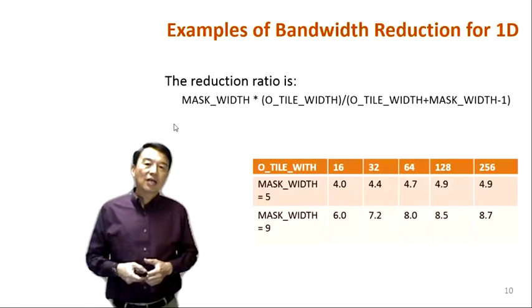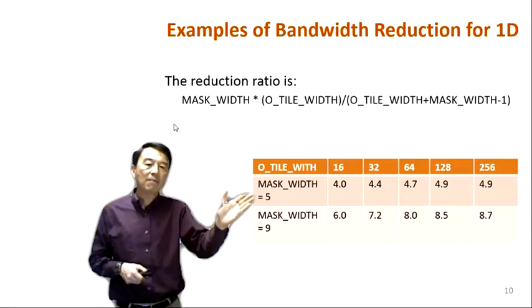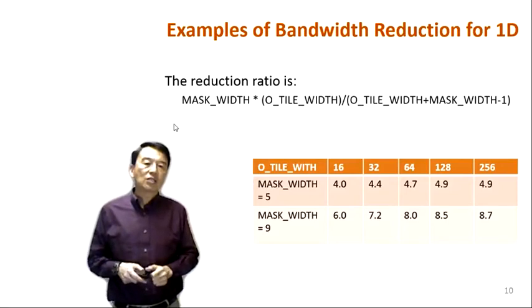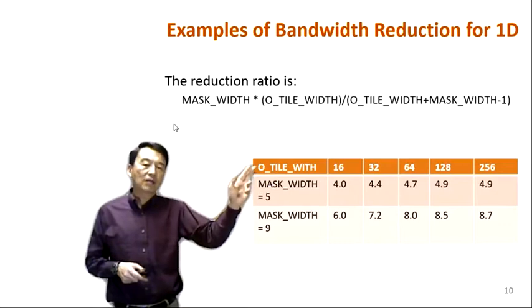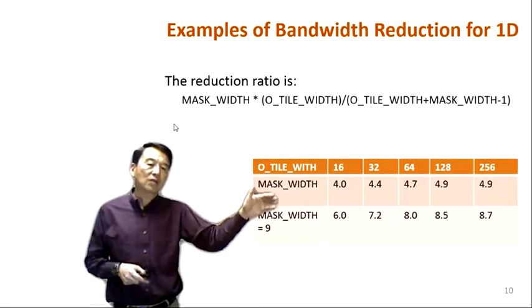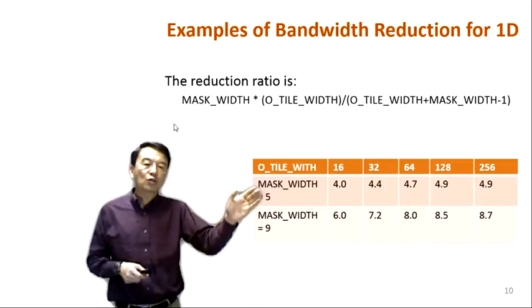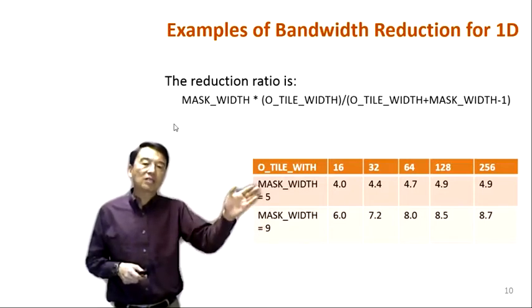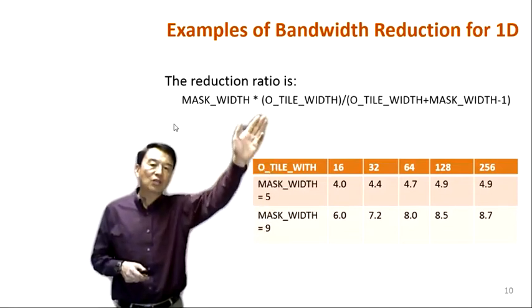Actually, in this slide, here are some examples of bandwidth reduction for some combinations of the output tile width and the mask width. In the horizontal direction, we list some different output tile widths: 16, 32, 64, 128, and 256. And in the vertical direction, we show two different mask widths. One is 5 and one is 9. And as we can see, if we plug these numbers into this ratio formula,